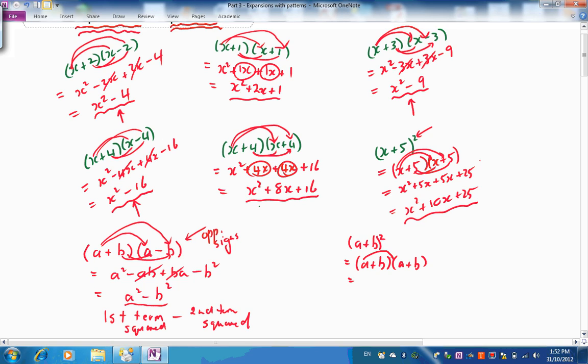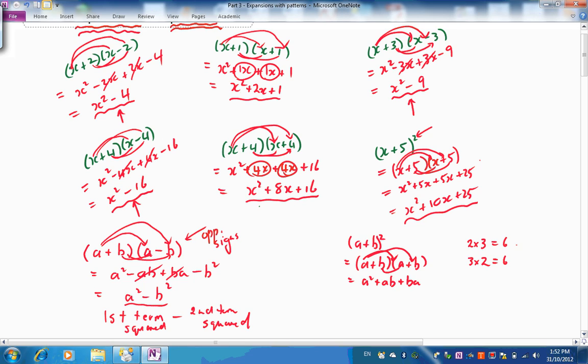Because you get a by a, which is a squared. Then this one is plus ab. And you'll get the same thing here, plus ba. Are they the same? A times b, is that equal to b times a? Let's just check it out over here. If we had two numbers, 2 times 3 is 6, yes, and if we did it the other way, 3